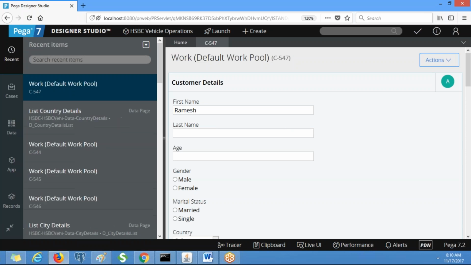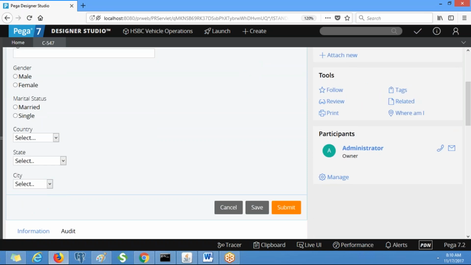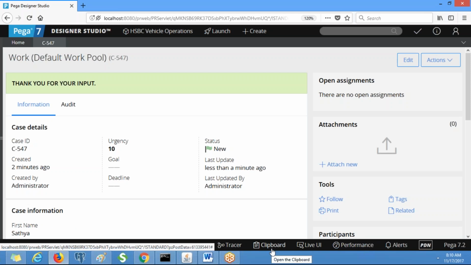So now if you change first name and submit, again it will be updated. So now if I give Satya and click on submit, so in the database also you will see first name Satya, not Ramesh.